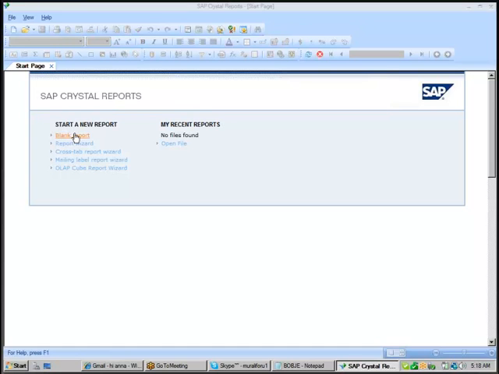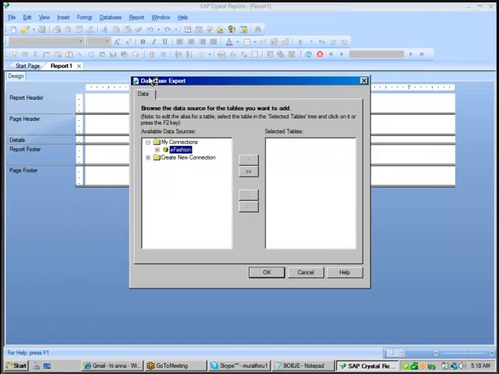Now, if you want to create a new report in Crystal, how can you create it? First you need to connect with Crystal Reports. Yes, I connected with Crystal Reports. The very next step, you need to click on Blank Report. When you click on Blank Report, it will take you into the Database Expert. This Database Expert is basically to create a connection. For example, my client is asking to